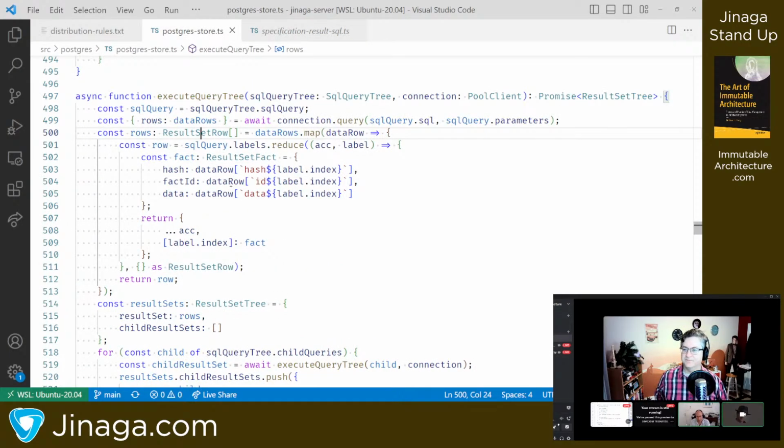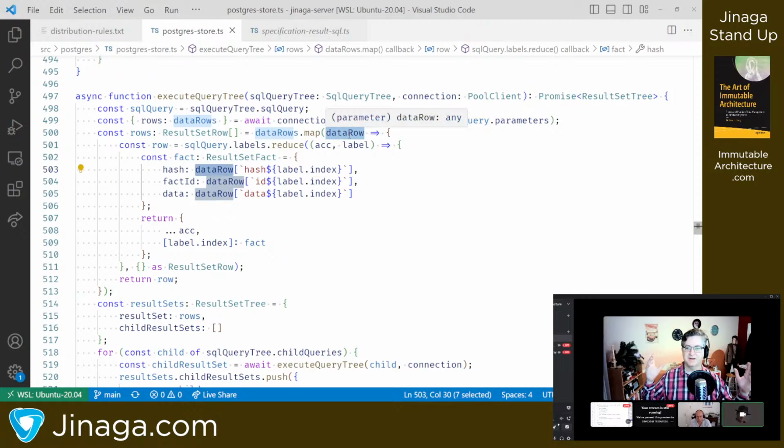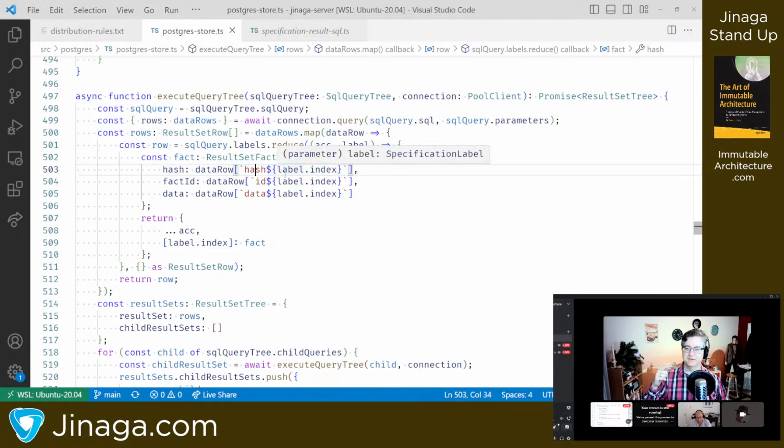So it goes into Postgres, and in JavaScript it gives you back just an array of objects, and the fields in those objects are the names of the columns. So we select hash1, which is f1.hash, so it just gives that alias, and f1.id aliased as id1.